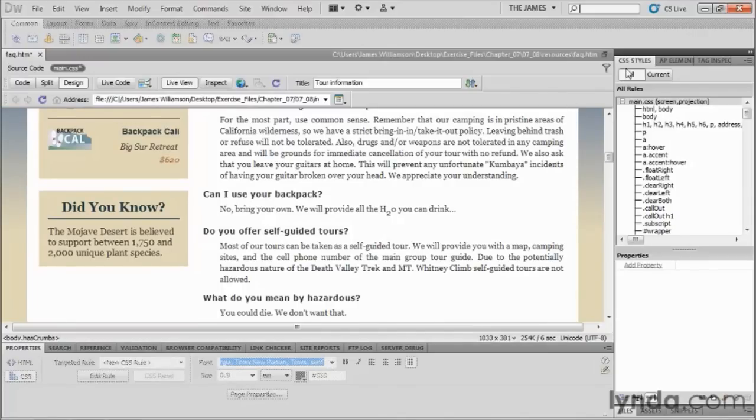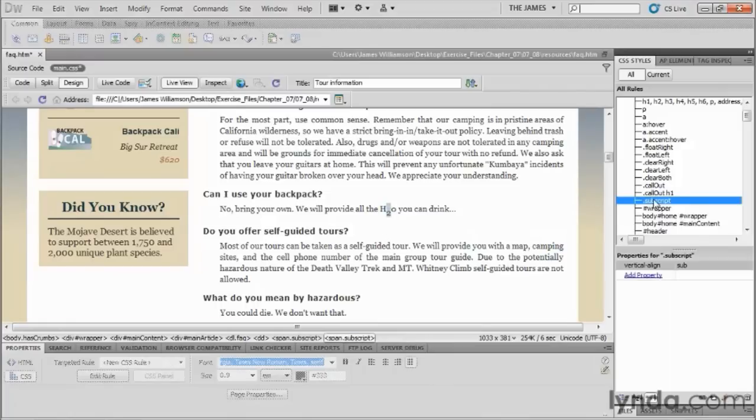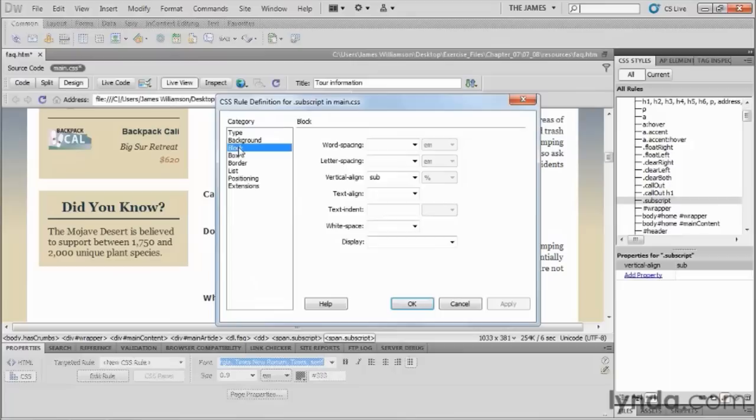So I'm going to go back to my CSS styles panel. I'm going to find my subscript selector, which is right there. Now, it's wherever you last were selected in your CSS styles panel. Remember, you can always find that by clicking on your code navigator and finding it that way. So you may need to select that, bring up the code navigator and find it, but you should be able to find it right over here in your CSS styles panel. Again, I'm going to double click that, go to my block category, and now instead of vertical align saying sub, I'm going to take that to